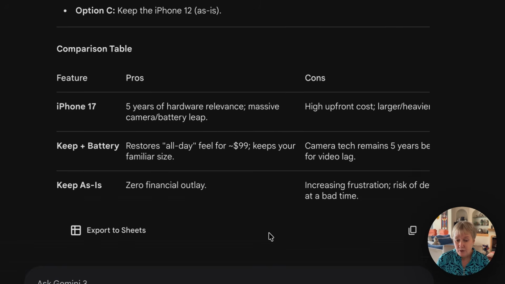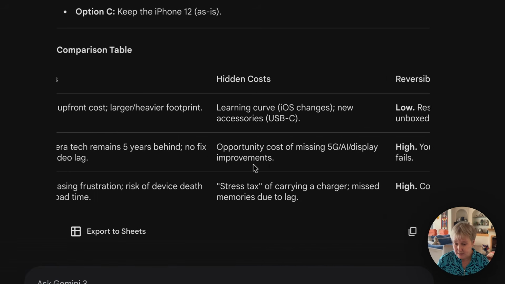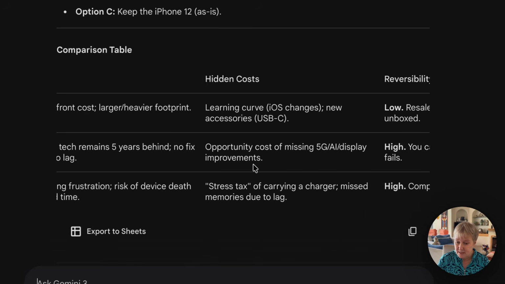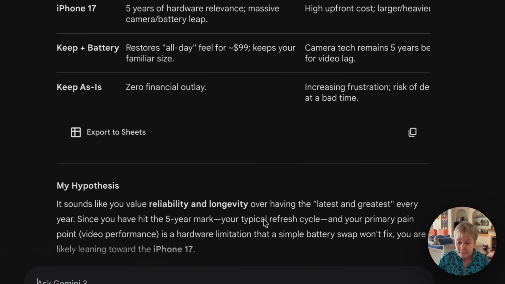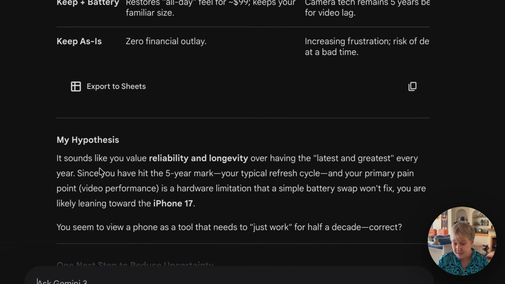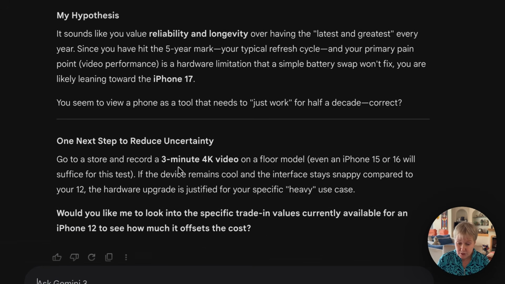or you keep the iPhone 12 as is, and then it gives me this nice comparison table with the pros, the cons, the hidden cost, reversibility, and who it suits. And then the hypothesis, I value reliability and longevity. I've hit the 5-year mark, so maybe I'd like to buy it. And 1 step to reduce uncertainty, not telling me to buy it, but just saying you're likely to want to